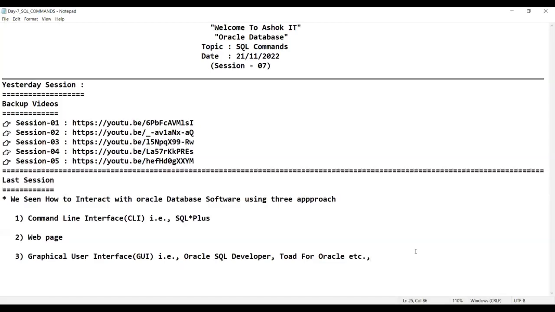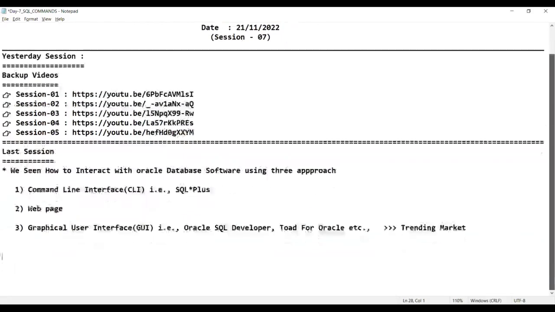If you ask which of these three approaches is used in real-time application development, this is the trending one in the market. In real-time application development, we are using SQL Developer only to interact with the Oracle database. And if you remember correctly, we have